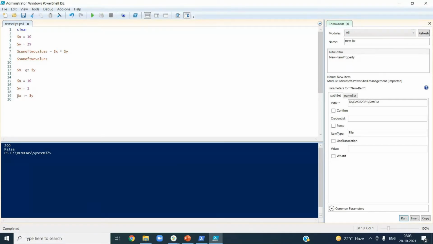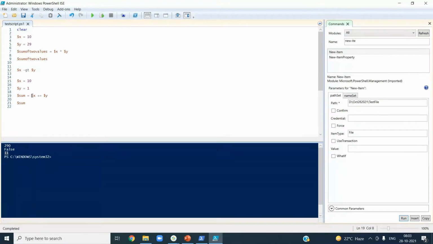Let's say $sum, let's say 11. This is basically 10 plus 1. So either you can give $x plus $y or plus equal to y. Guys, I don't prefer these kinds of things, but I'm just showing you, both are the same.